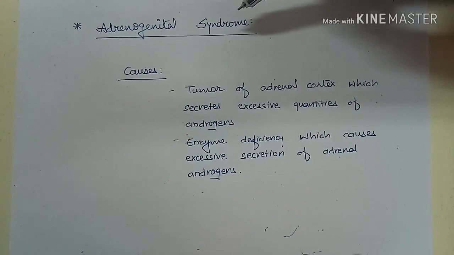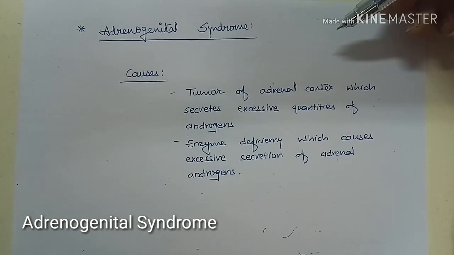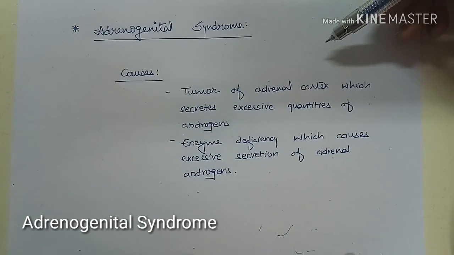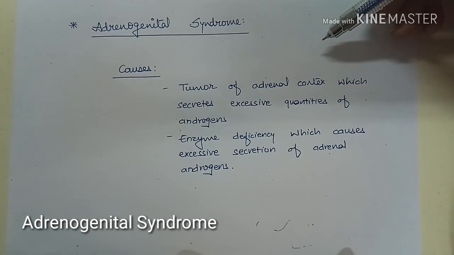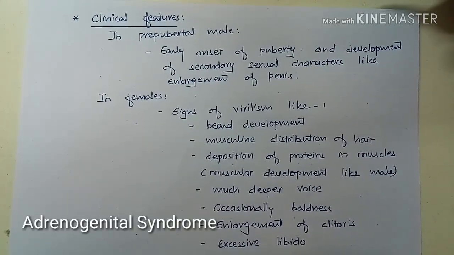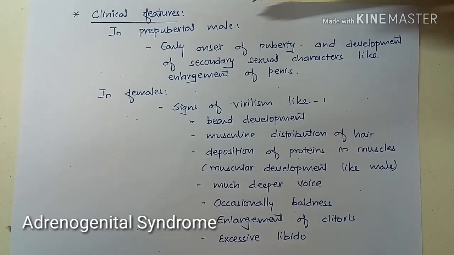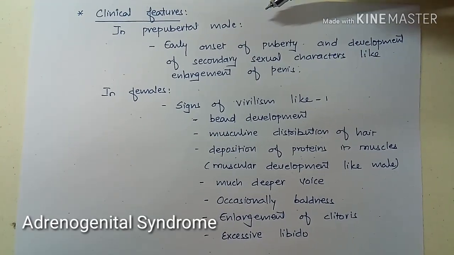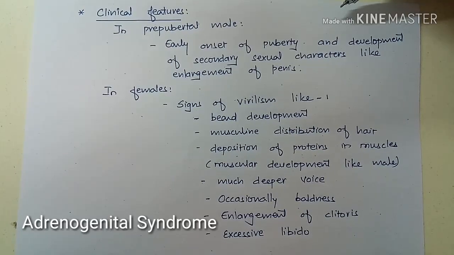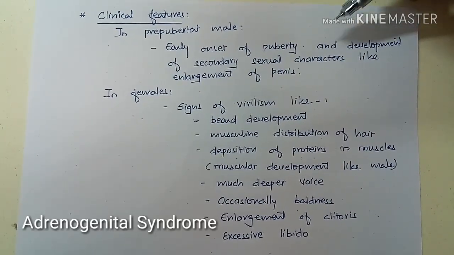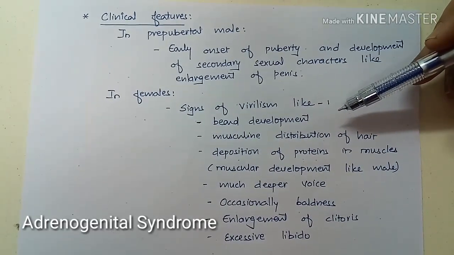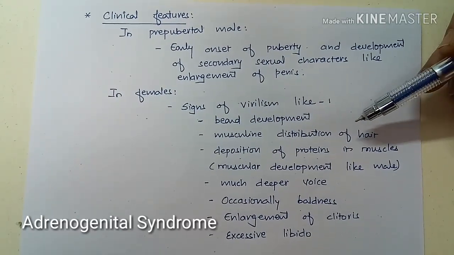Adrenogenital syndrome. Causes are tumor of adrenal cortex which secretes excessive quantities of androgen. Also, it is due to enzyme deficiency which causes excessive secretion of adrenal androgens. Clinical features. In prepubertal male, there is early onset of puberty and development of secondary sexual characters like enlargement of penis. In females, signs of virilism seen, and they are like beard development, masculine distribution of hair,